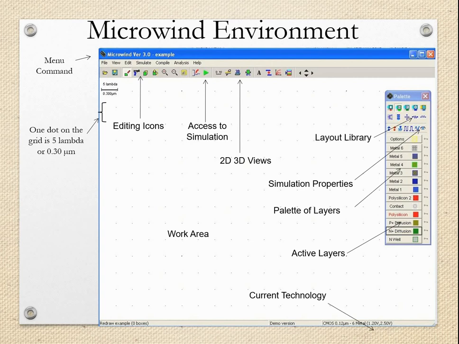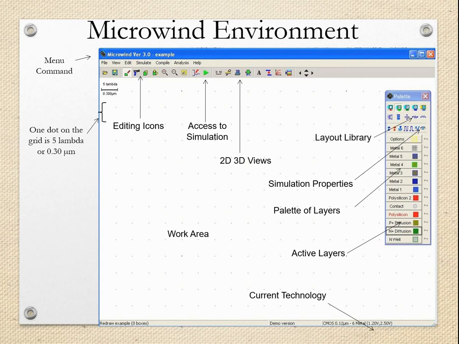See, this palette box includes the different palettes for different layers. The important layers which are required for preparing the layouts are the N-well, then the N plus diffusion, green color, then P plus diffusion, some yellowish green color, then we have polysilicon, that is in red color, then contacts, then metal 1, metal 2, metal 3, metal 4, metal 5, metal 6, and here we have some library of components.